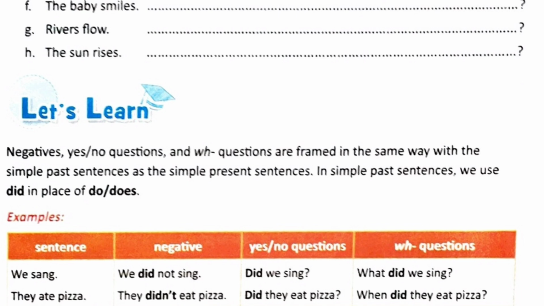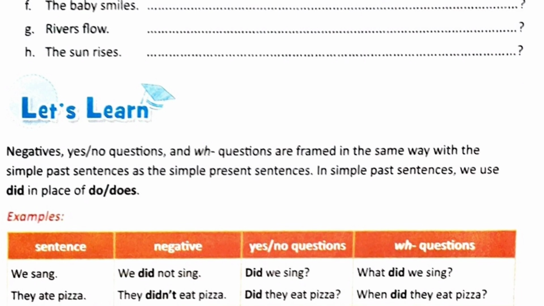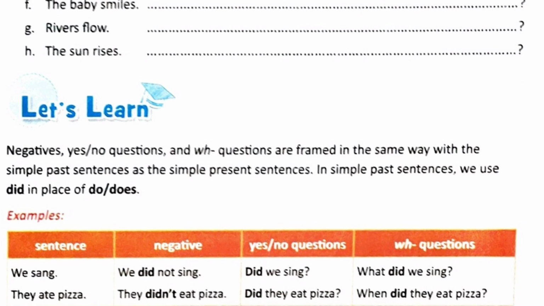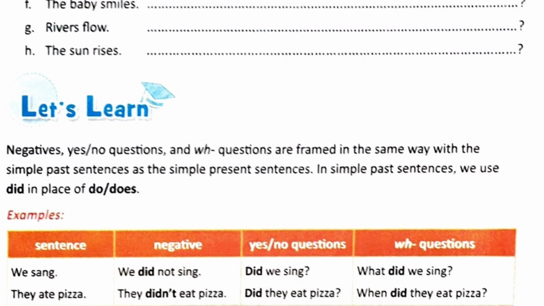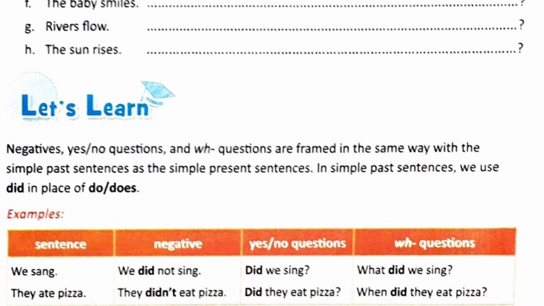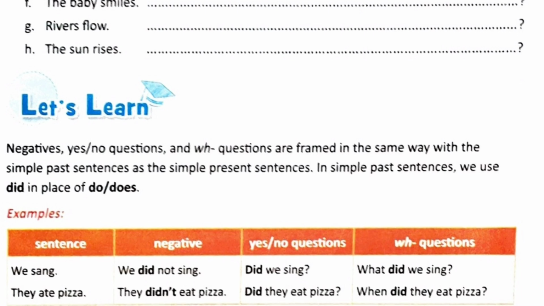If the sentence is "We sang," now "sang" is the simple past form of the verb "sing." Its negative will be written using the helping verb "did," so it becomes "We did not sing." Please note one thing: with "did" we do not write the past form of the verb, but we write the root form of the verb. So we write "We did not sing" and we do not write "We did not sang." It is incorrect.